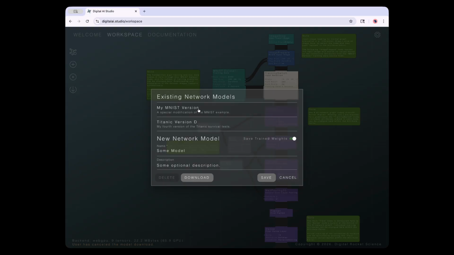The other option is, it shows your existing models up here. I have 2 existing models, and if let's say you wanted to override one of them, maybe update one of them with your latest changes, you can just select it here, and then it fills in the name and description down here for you, and if you push save, it'll override that existing model. And as you can see, if I wanted to delete that model, I can just push delete there, and it would delete that existing model from the internal database. Okay, so that's